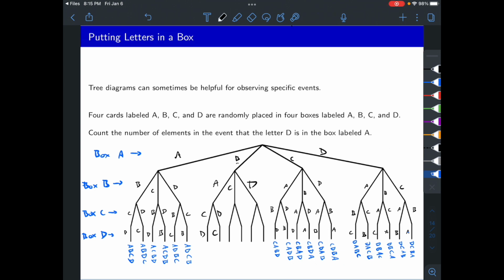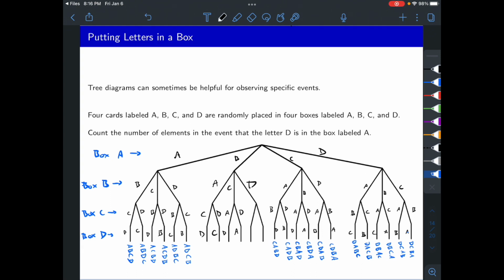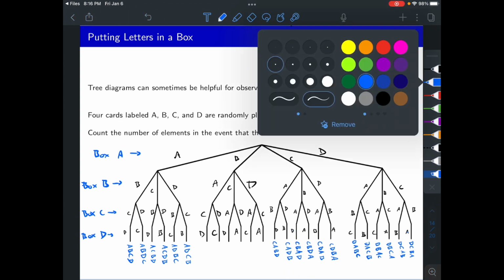All right, what if we do B then C? Then we haven't used A or D yet. So we would have those options, and then we just flip it, so A and D could go into box C or D. And then last one, B then D, then you could either do A or C left for box C, and then depending on which one you do for box C, you put the other one into box D. Okay, maybe I won't do all of this part right here,